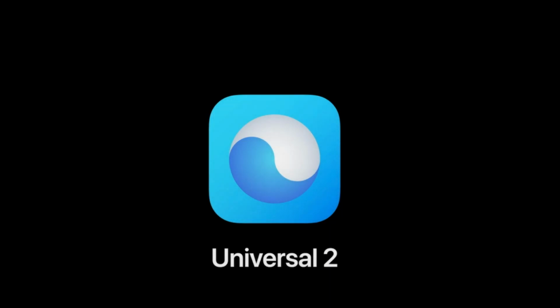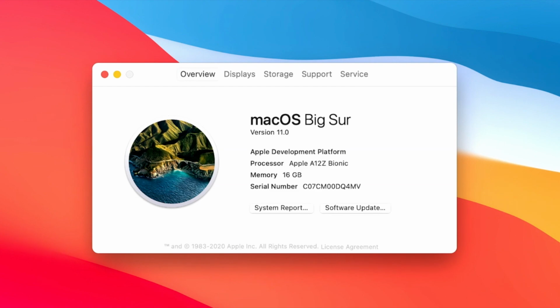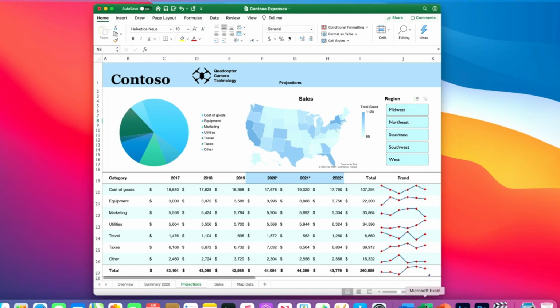And here they're talking about Universal 2, which is a new packaging standard for these apps that we now need to support with Intel and the ARM processors. They went through Microsoft and Adobe, who had early access to using Universal 2 to basically now allow applications like PowerPoint, Excel, Word, the Adobe suite of applications to not only run on the Intel-based Macs, but the newer one as well. You can imagine that's a really big concern. Once the new chips roll out, we want to make sure that the old software is compatible backwards and on the new architecture. So here Craig is just going through things like Excel and Word and making sure